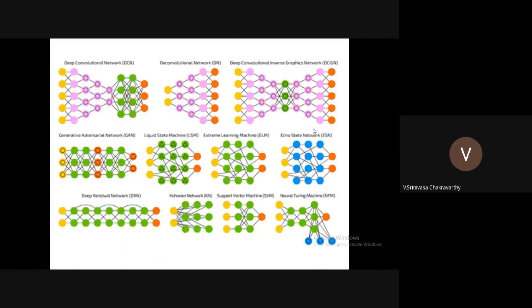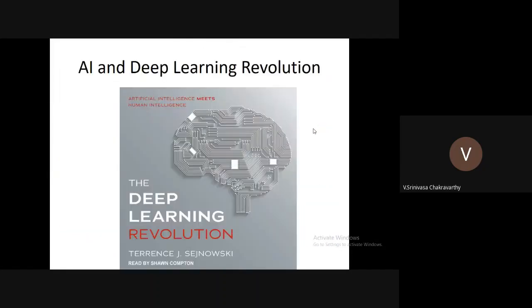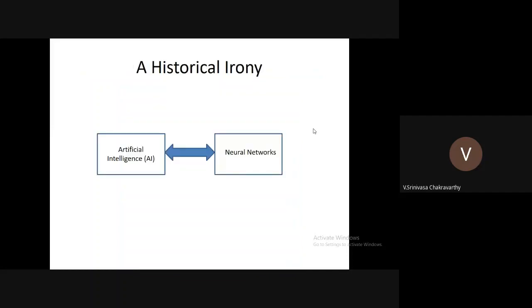So here, these two slides give a flavor of what wide variety of architectures have been proposed in the literature to solve various problems. We have seen only 2-3 simple examples, and each architecture is good for a certain specific class of applications. So all these developments have ushered in this great AI and deep learning revolution. And so the thing is,